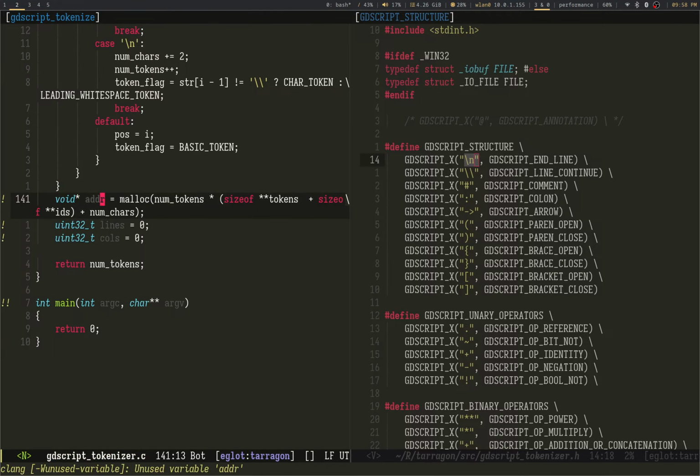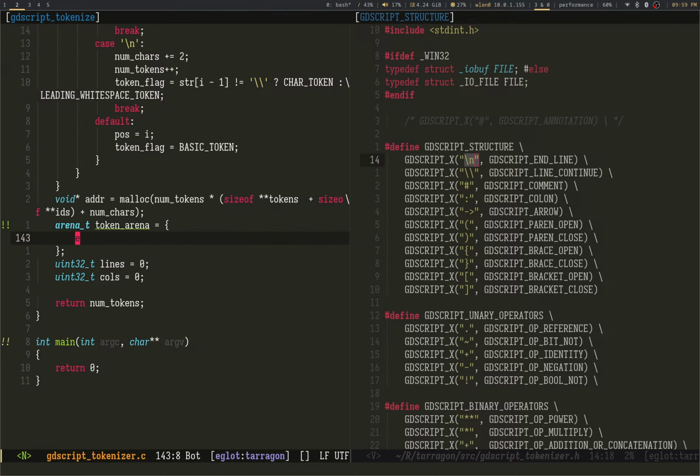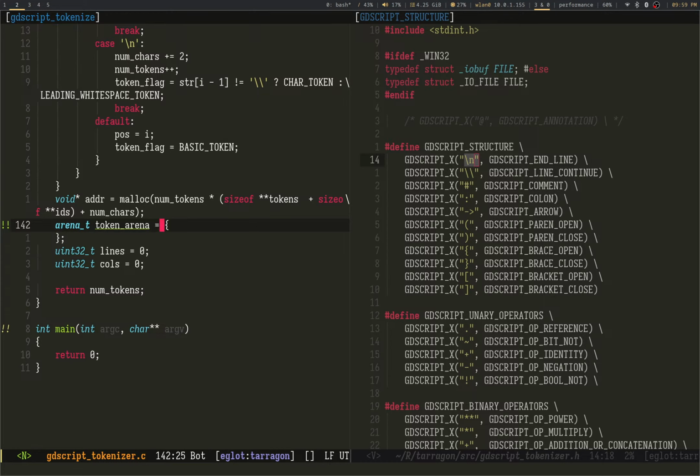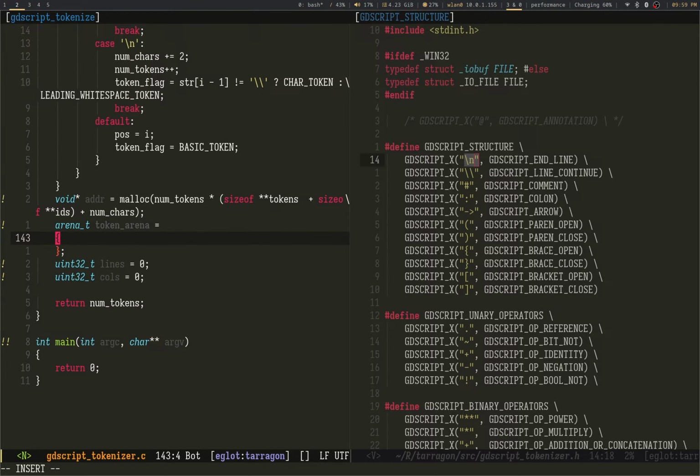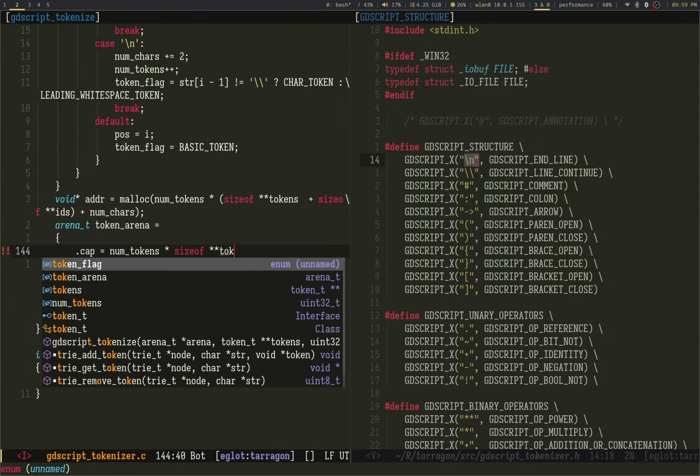So of course, the yada yada yada alignment, I actually do have to care about how I make these arenas. So T token arena. I'll just slam it to 0. Why not? Actually, no. I actually do know how much. I actually know my initial bytes here. Cap is equal to num tokens times sizeof tokens.